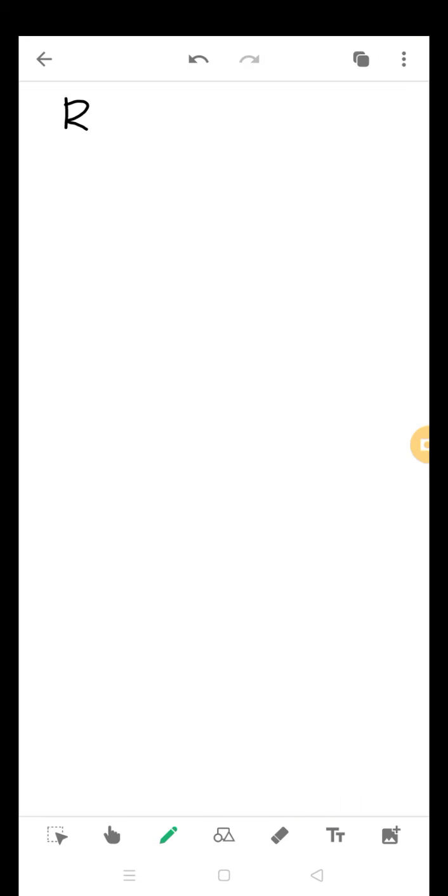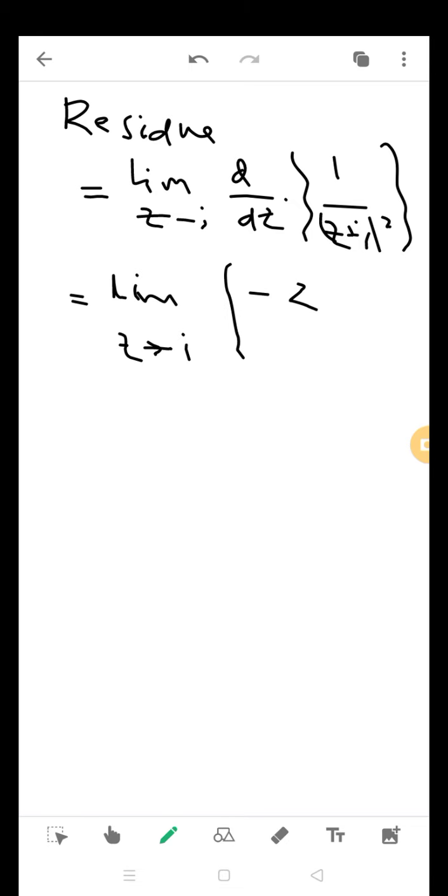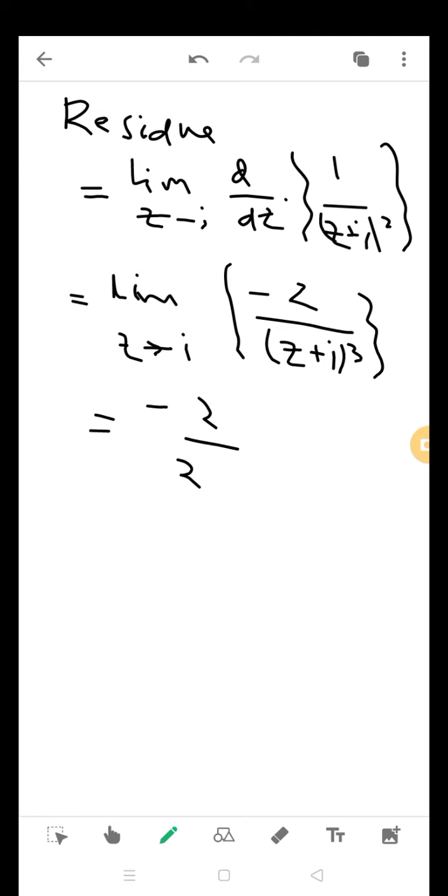So the residue is now the limit z tends to i of d by dz of 1 by (z plus i) whole square, and this is again equal to the limit z tends to i of minus 2 by (z plus i) whole cube on differentiation, and if you put the value of z, it becomes minus 2 by (2i) whole cube,